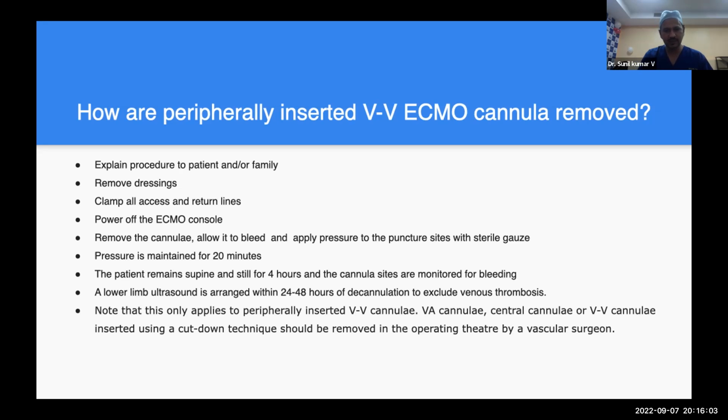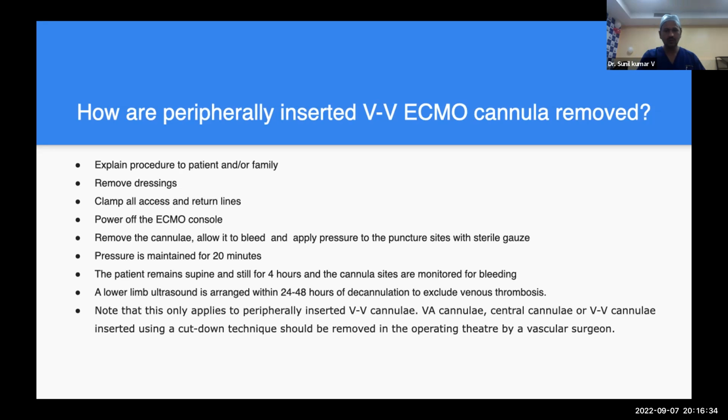Apply pressure on the puncture site with sterile gauze for about 20 minutes. The patient remains supine and still for 4 hours, and the cannulation sites are monitored for bleeding. We also do a lower limb ultrasound 24 to 48 hours after decannulation to exclude any kind of